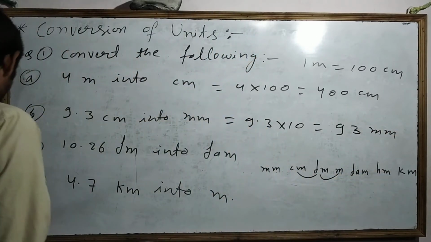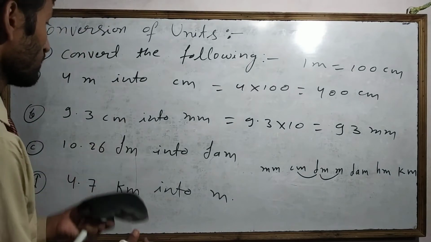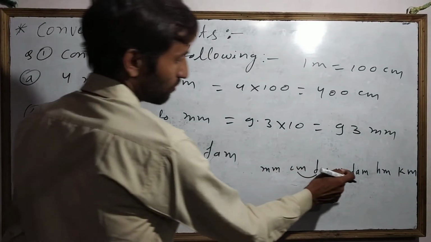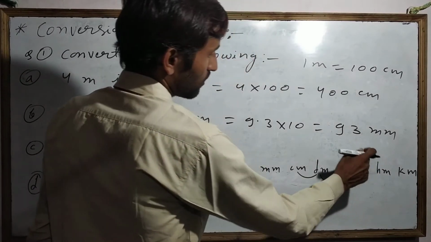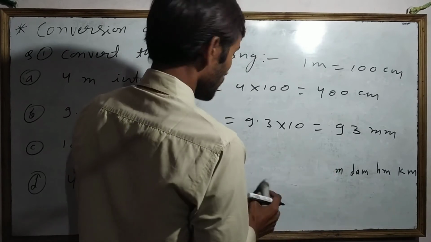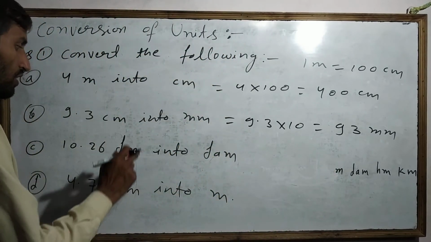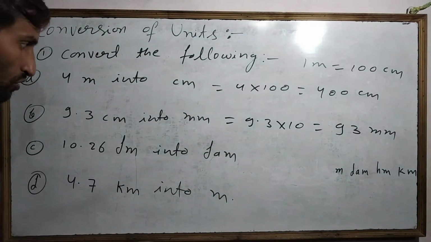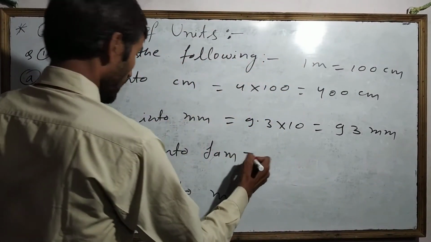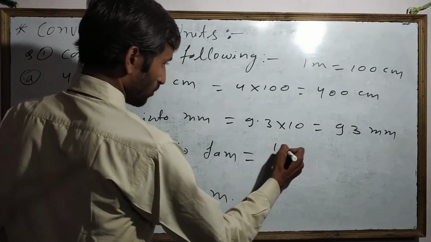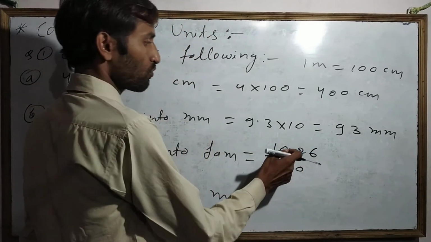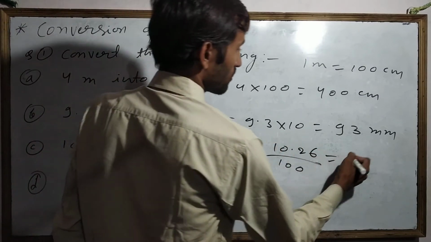Okay, next one is decimeter is given, and we want to go for decameter, that means from this side to this side, so we have to divide here, because this one is a smaller unit and this one is a bigger unit. From smaller to bigger we will go, then we have to divide in this case. So we will divide by again 100, because 2 gaps are there. So divide by 100, then this point will sit here, means